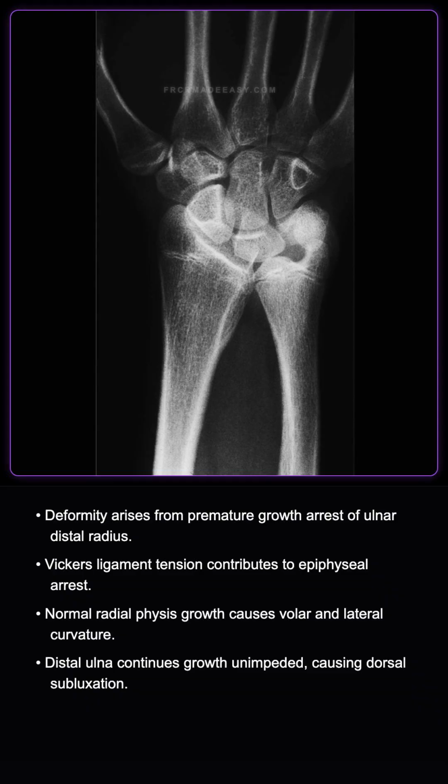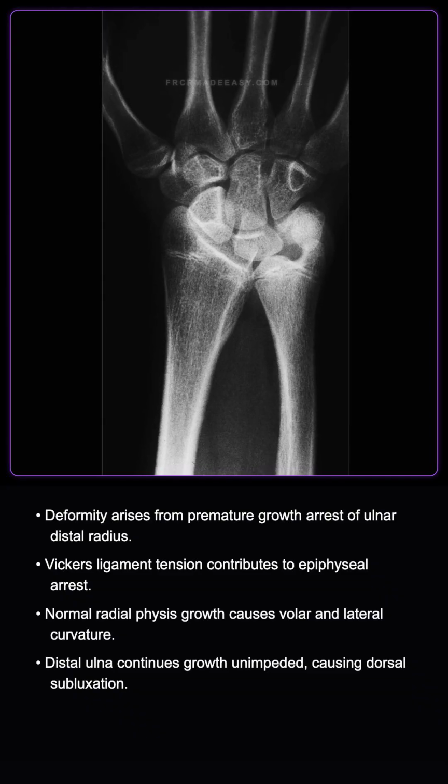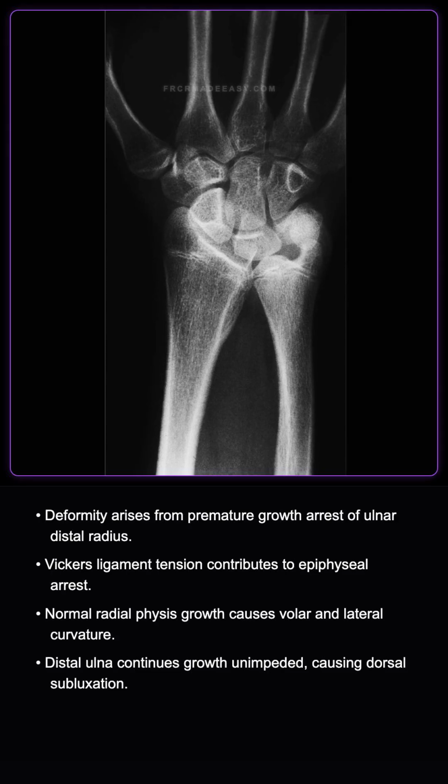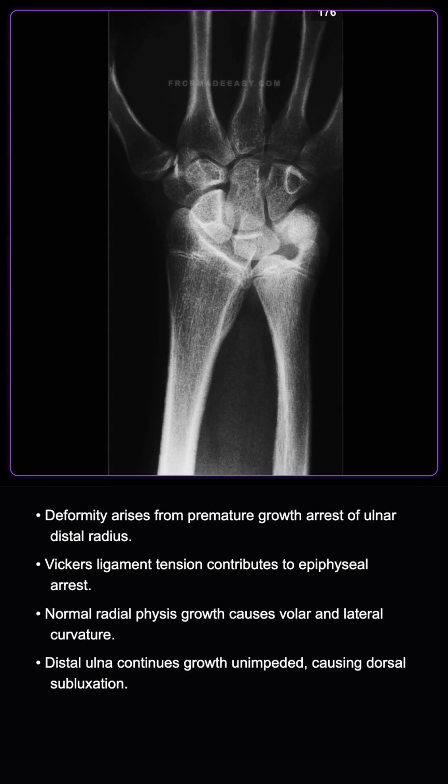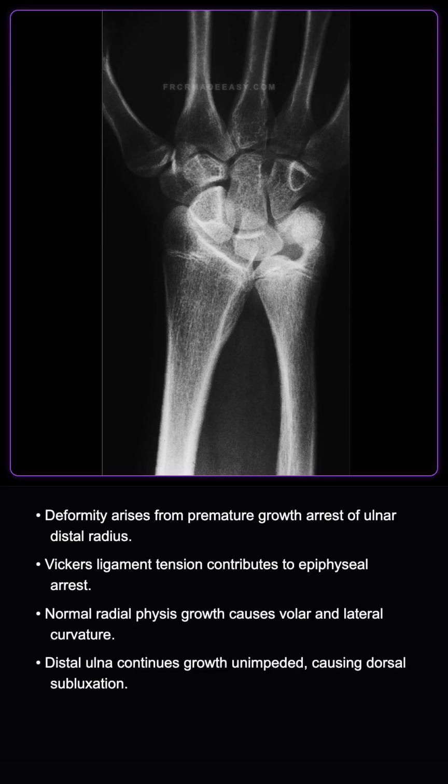The deformity arises from premature fusion or growth arrest of the ulnar and volar aspects of the distal radial epiphyseal growth plate, specifically involving the Vickers ligament. Because the radial and dorsal aspects of the physis continue to grow normally, the radius curves abnormally in a volar